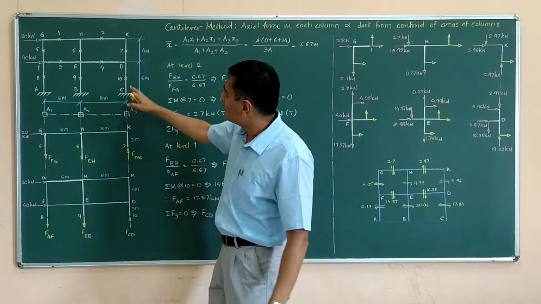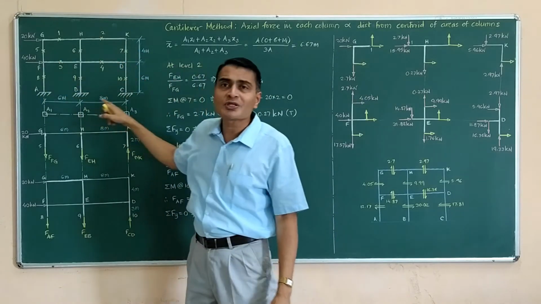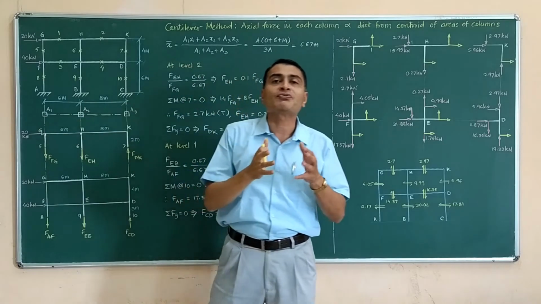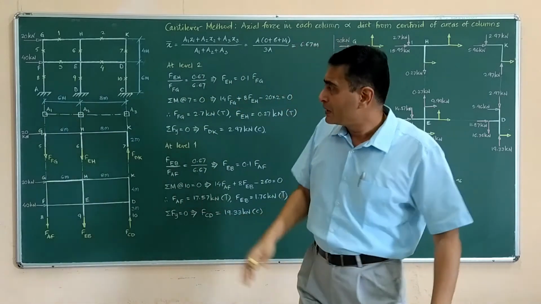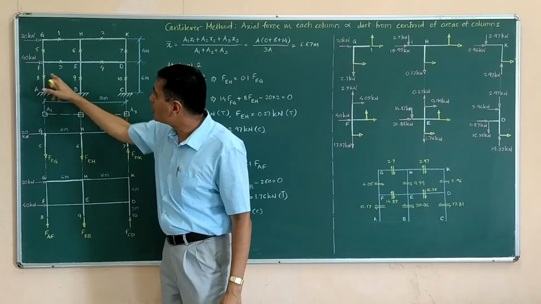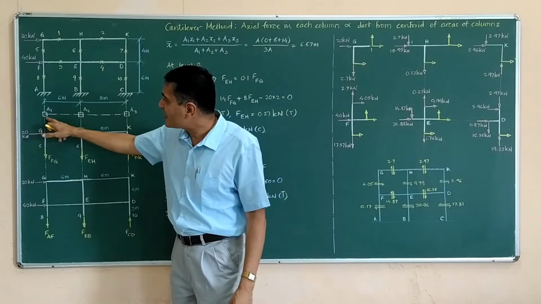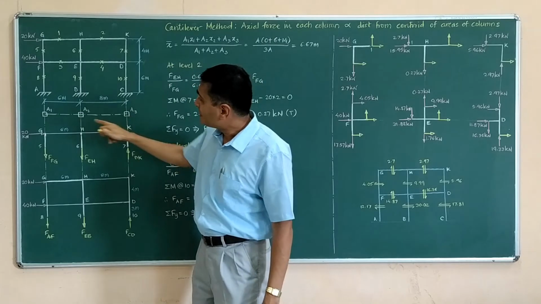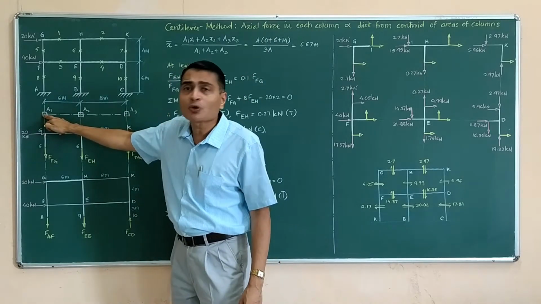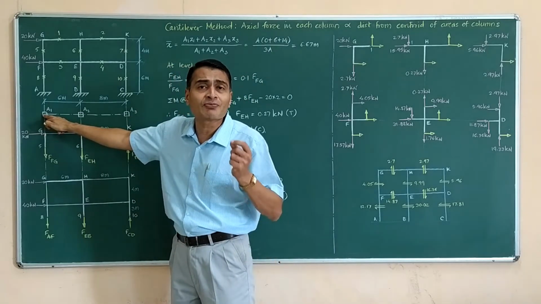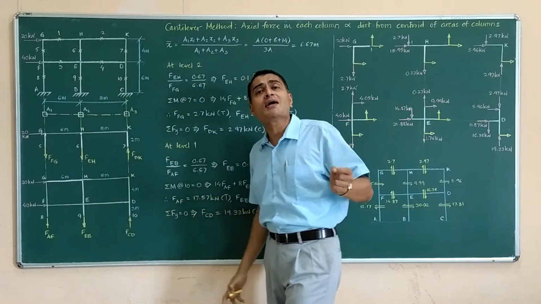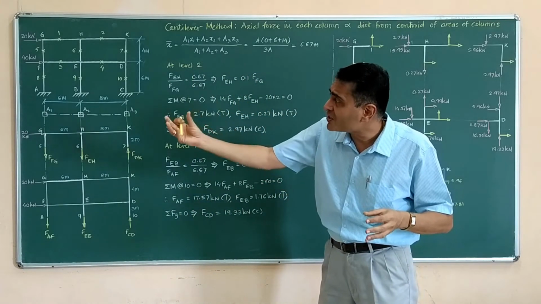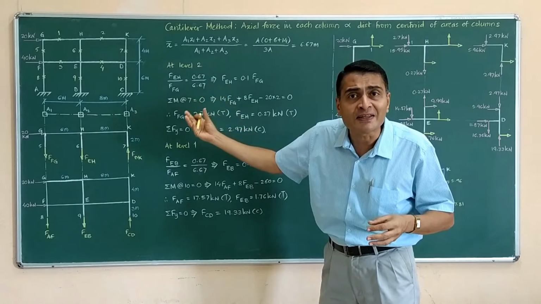What have I done? Below this front view, below this elevation, I have drawn the top view of our frame. Let us say these columns have cross-sectional areas A1, A2 and A3. Then, considering this particular point as origin or reference point, first of all I am trying to find the centroid of areas A1, A2 and A3.